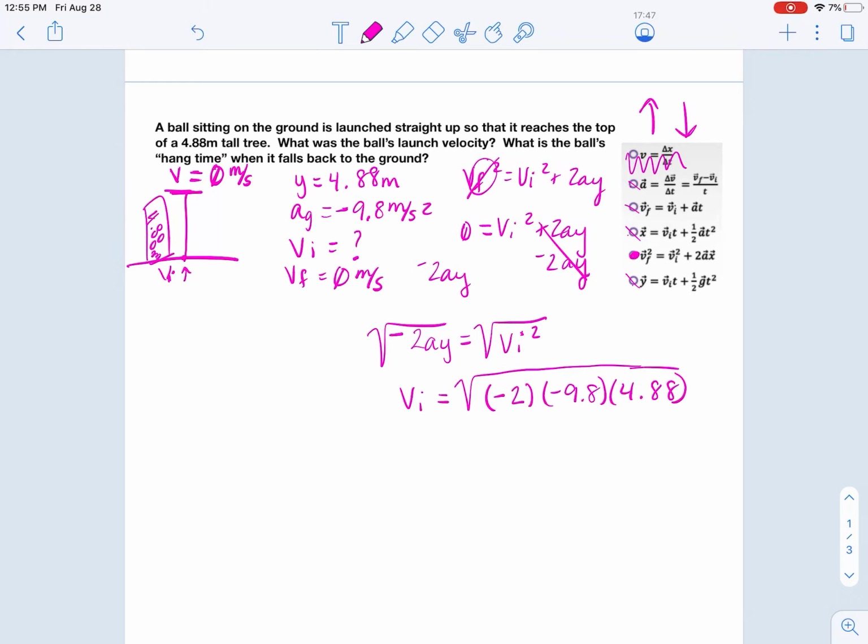4.88. Now notice, gravity is always negative. My displacement in this case is a positive number because the object is going to end above the ground. So it is a positive displacement that I'm plugging in. But by moving that value over to the other side of the equation, I have provided a second negative so that when I go to put this in my calculator, it will not error out on me. Instead, it will actually allow me to perform this calculation because it will be square rooting a positive number. So this is going to give me